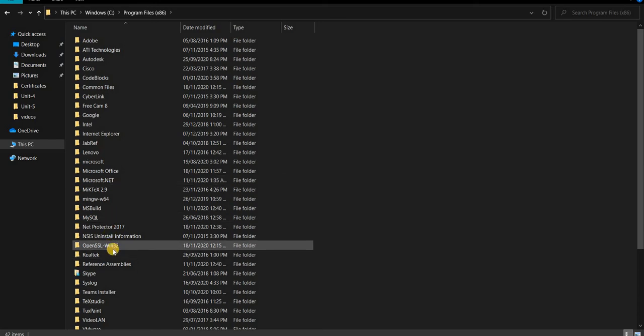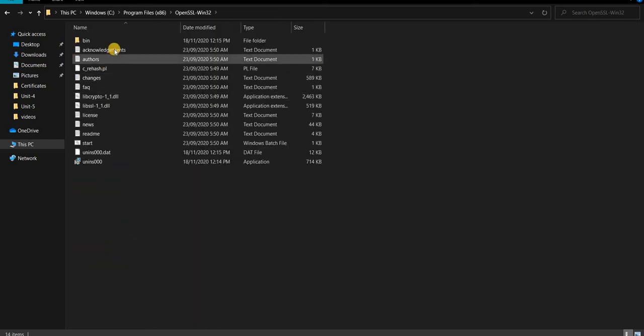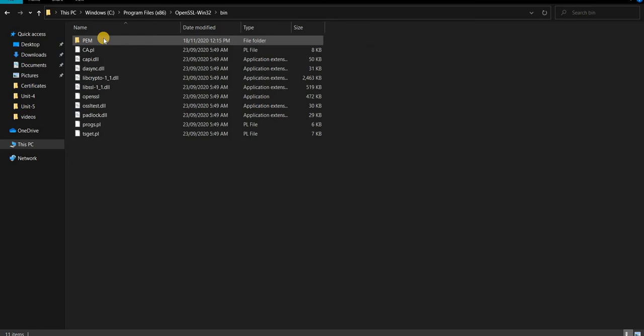Here the OpenSSL Win32 is installed. Here is the bin directory which contains all the DLL files, because I extracted all the DLL files in the bin directory. So at the time of installation, you have to choose the option of installing the DLLs in the OpenSSL bin directory. Here is our OpenSSL command which is in the bin directory.